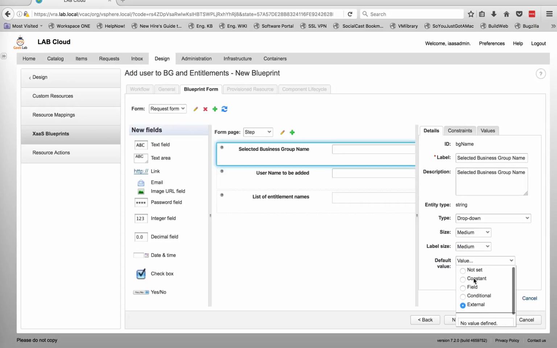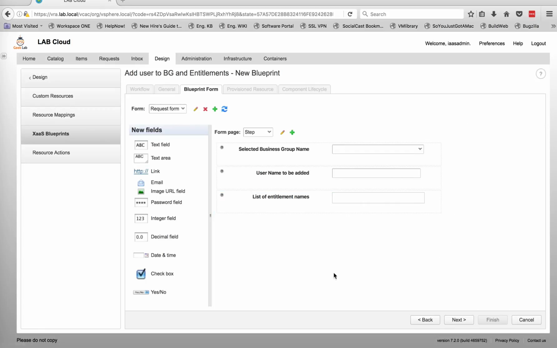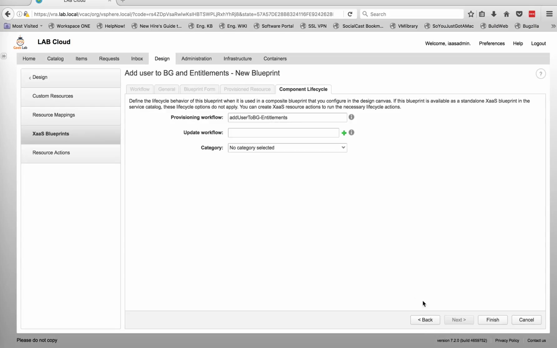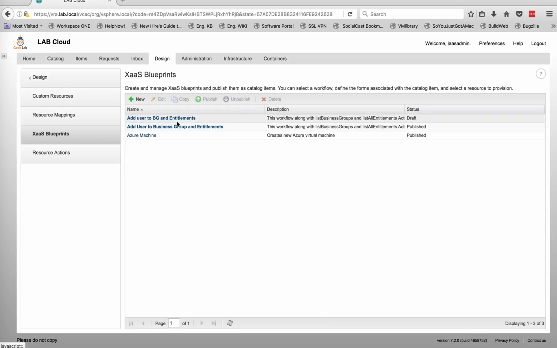Right? For this example I will just select as it is. Username to be added, it's a text field, and list of entitlement names, it's a checkbox list. I want to keep it like that. Simply apply. Next, I will just go through next, next, and finish. So add user to BG and entitlements. I will publish this